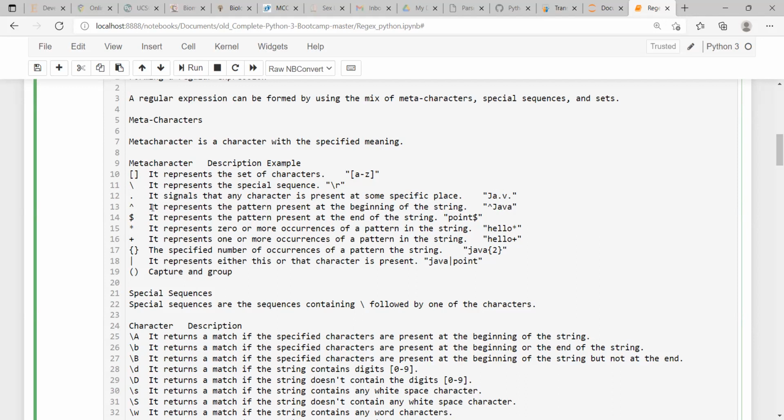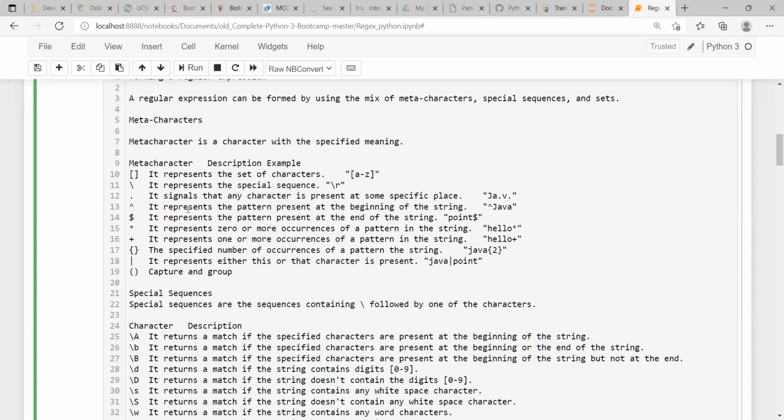Similarly, this caret symbol represents the pattern present at the beginning of the string. So if you are constructing your pattern with the hat or caret, and the word in the string starts with this particular J in capital, then AVA, it will extract that part only.